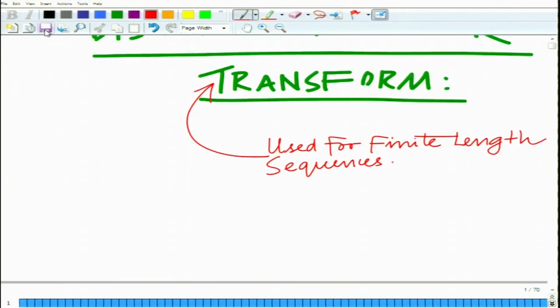So it is used for finite length sequences, as I have already said, and the definition is: consider a sequence x[n], a finite length sequence, defined only for 0 less than or equal to n less than or equal to N minus 1,